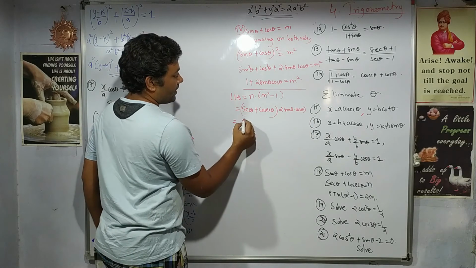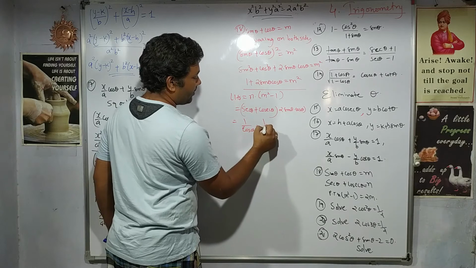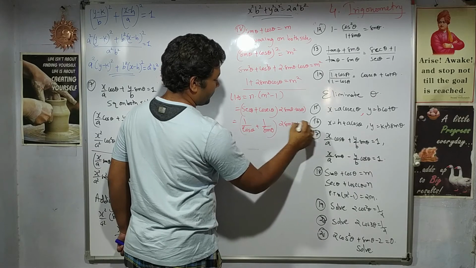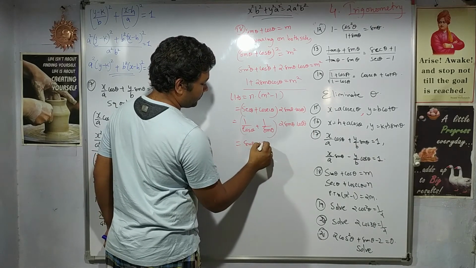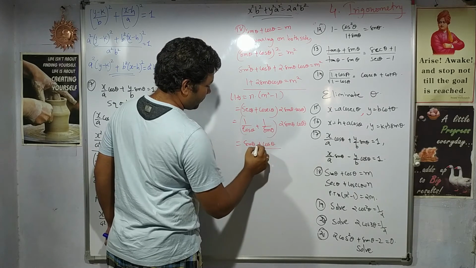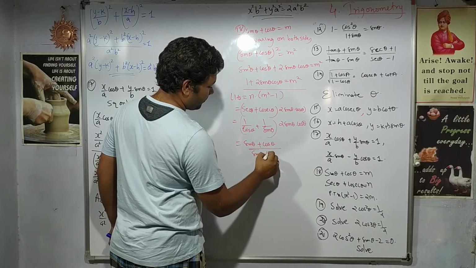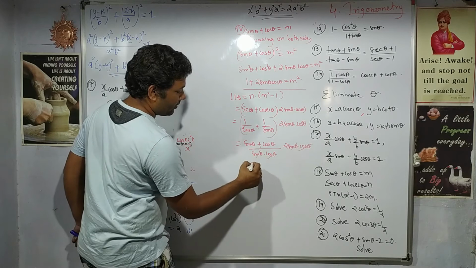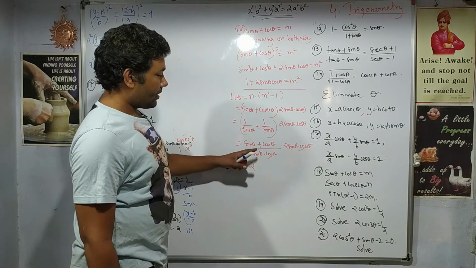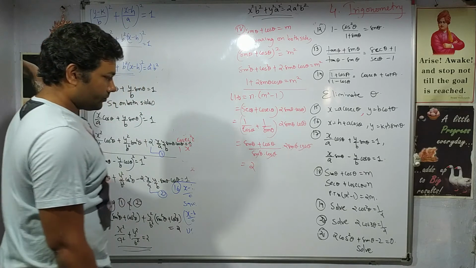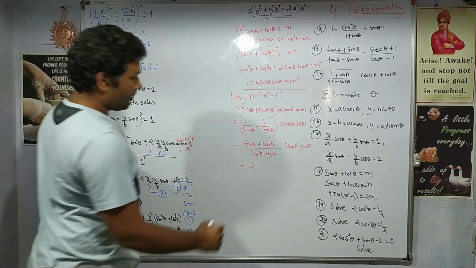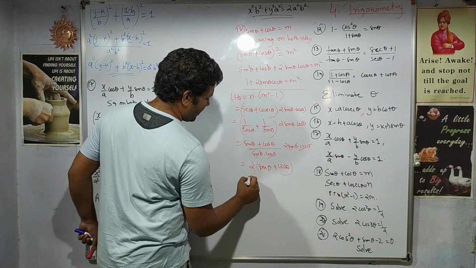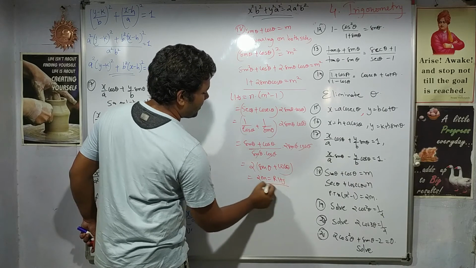Let us simplify. Sec can be written as 1 upon cos, cosec can be written as 1 upon sin. Let us take LCM. Right, simple, these things get cancelled. So 2 times sin theta cos theta, correct? And what is this? This is nothing but m, so that is 2m, and this is the RHS, hence proved.